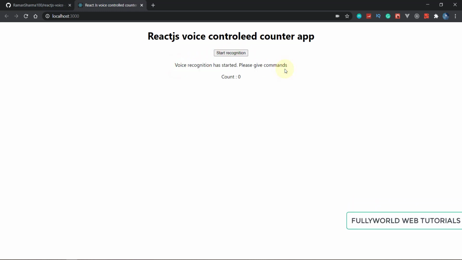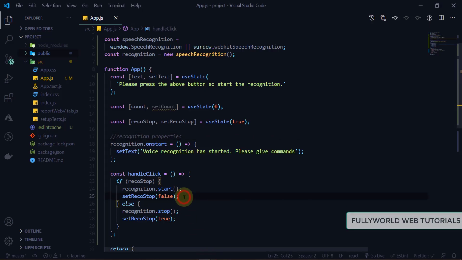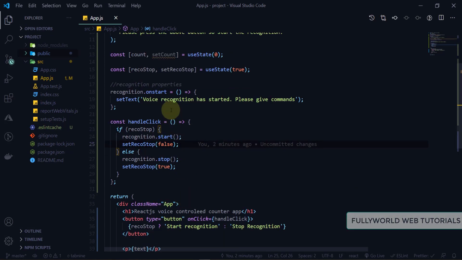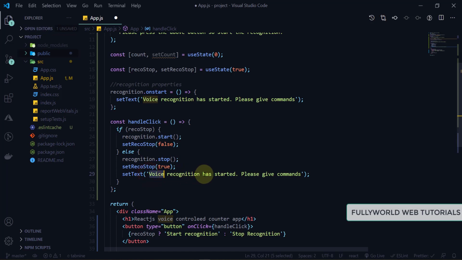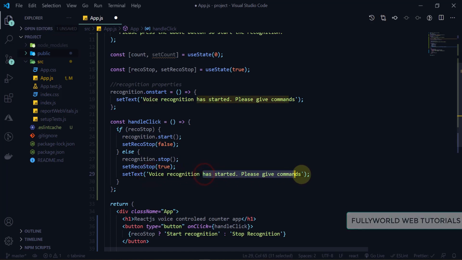When we stop the recognition, we have to send one thing also there. So here we will set our text. When we stop the recognition with the button, then here we will set stop recognition true, and after that we will set voice recognition stopped by button.